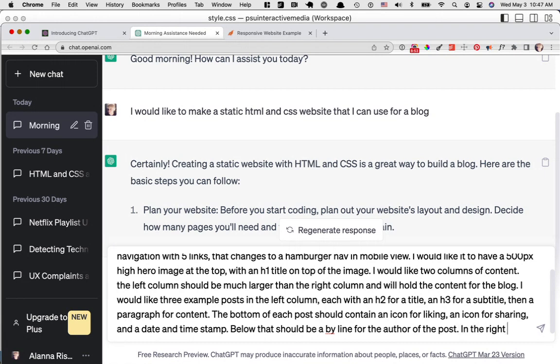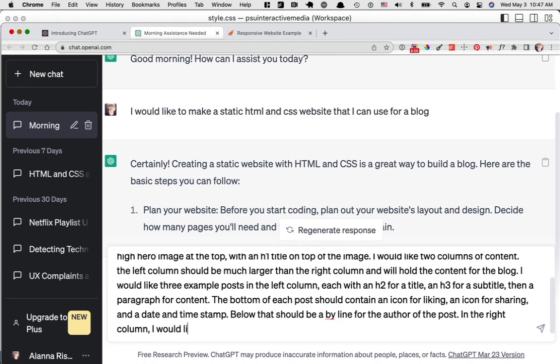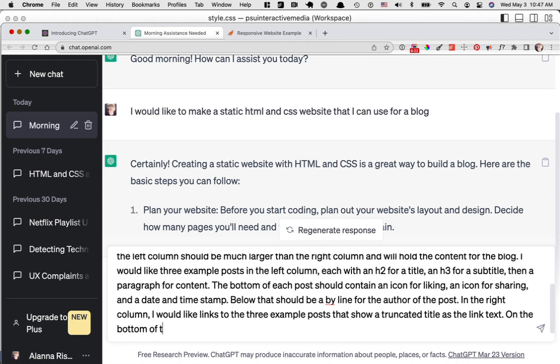In the right column, I would like links to the 3 example posts that show a truncated title as the link text. On the bottom of the page, I would like a footer